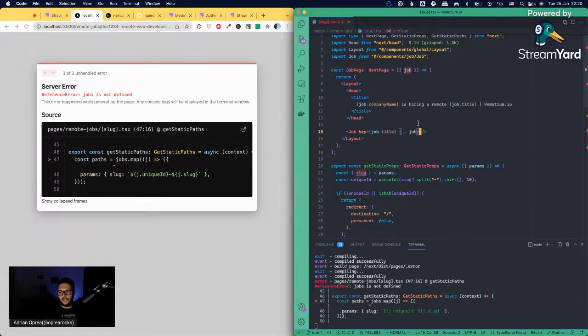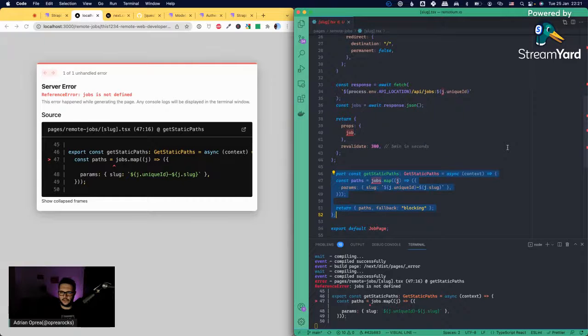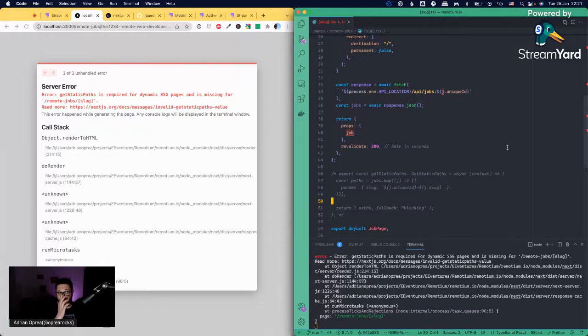Okay, so let's see. We have no jobs right now, and actually we don't need jobs. I don't even think we need to get static paths. I think this is toggle block comment right now, right here. Okay, cool. I realized that I am actually whispering. Oh, right. So this is the dynamic static site generated thing. So